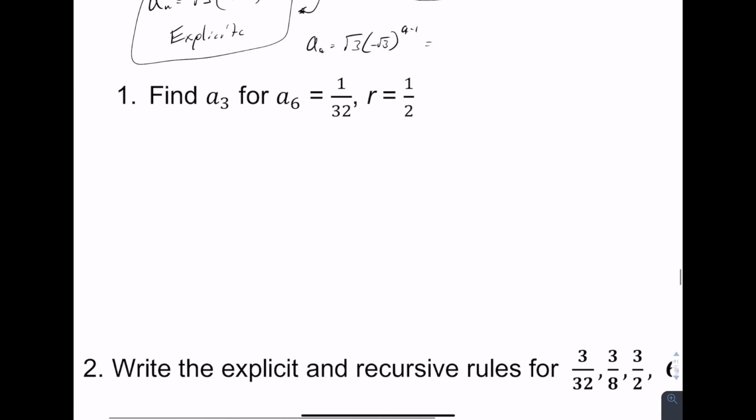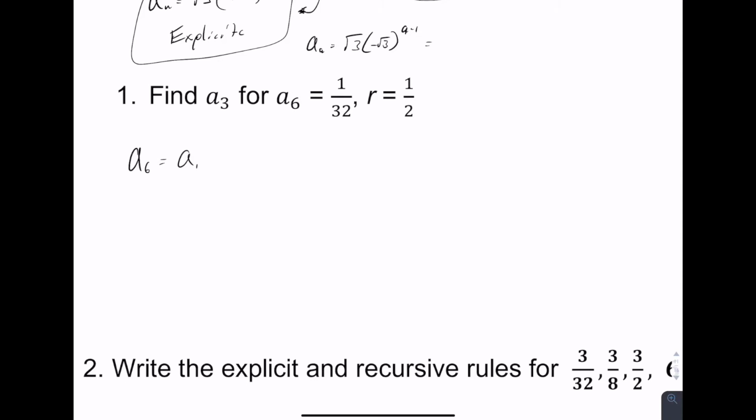Next one. Find a3 for a6 equals 1/32, r equals 1/2. Okay, so we can use an explicit or an implicit. I'm going to use the recursive. So I'm going to use recursive. So a6 has to equal, okay,